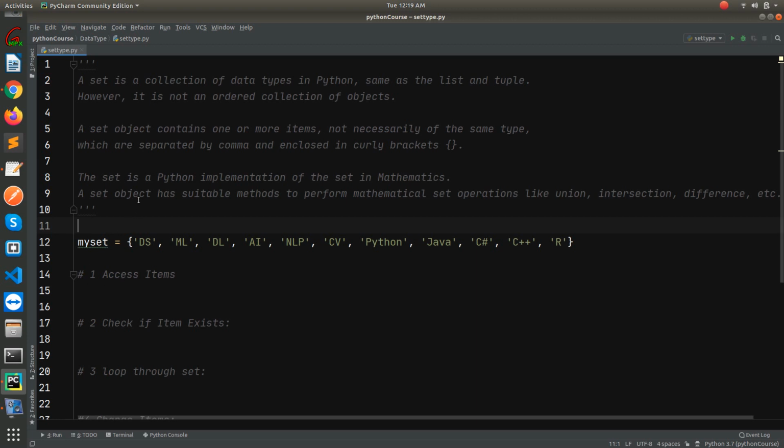So what is set? Set is a collection of data types in Python similar to the list and tuples. Only the difference is it is a not ordered collection. So the items will be not in the ordered sequence. There will be no indexing in set. Also, how we can define a set? We can define a set using curly braces.